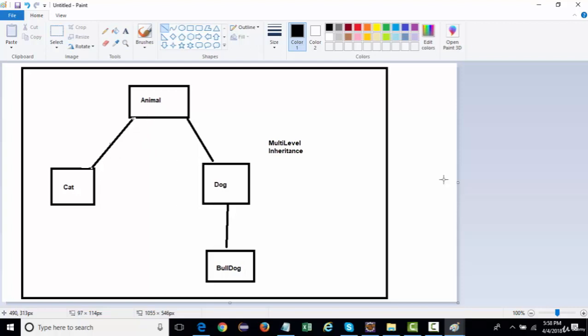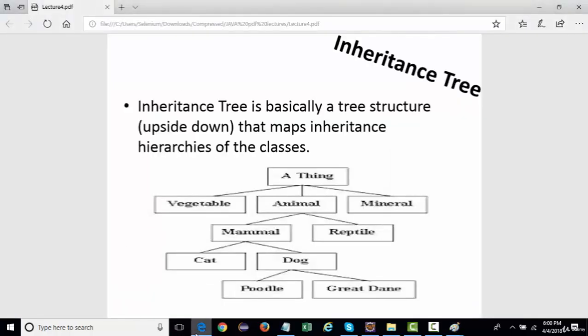Although these things are just for your reference, no one is actually going to ask you these things in an interview. The only question related to inheritance you may face is why multiple inheritance is not feasible in Java. We are actually going to look at it practically: why we cannot achieve multiple inheritance in Java, or is there a way we can achieve multiple inheritance in Java? So let's come back to the inheritance tree over here.